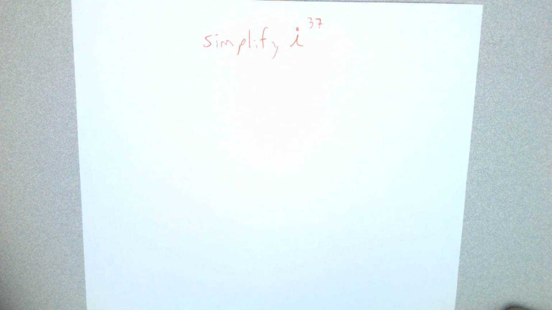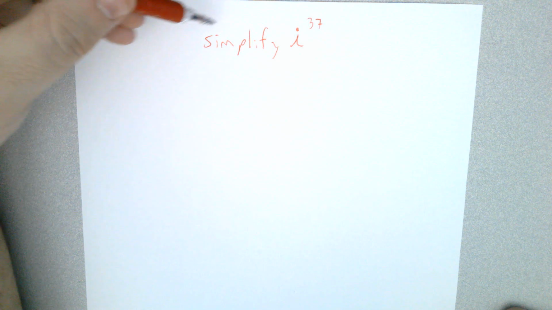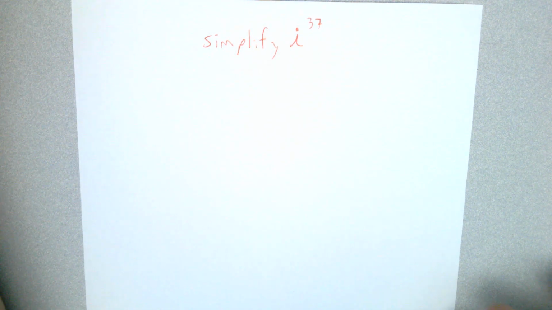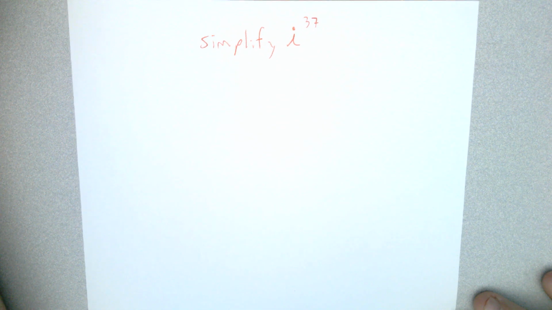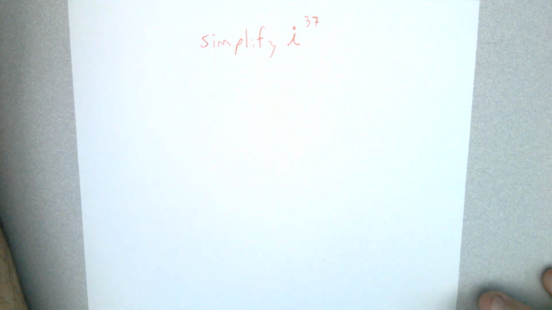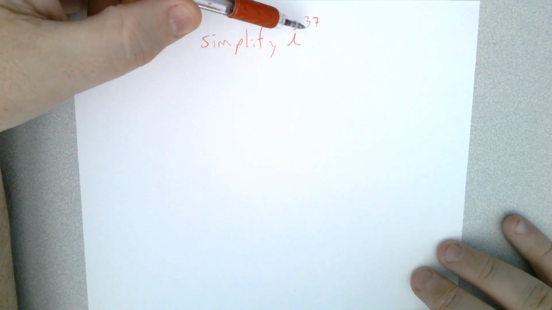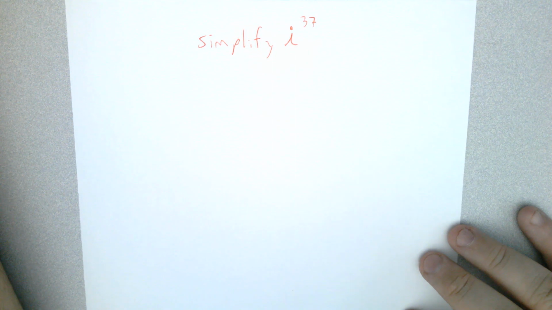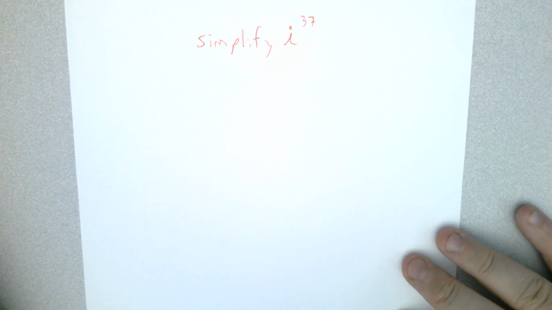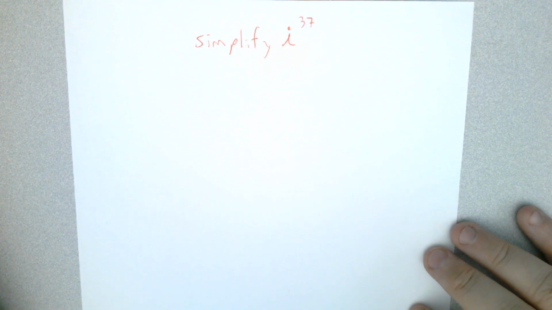For this one, we are tasked with simplifying the expression i to the 37th power. This is a pretty common problem when we're dealing with imaginary numbers. They want us to be able to reduce these down to a simpler form, and